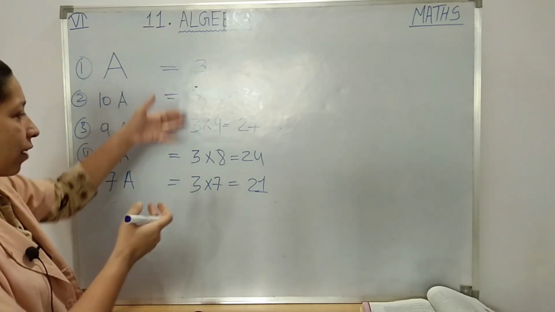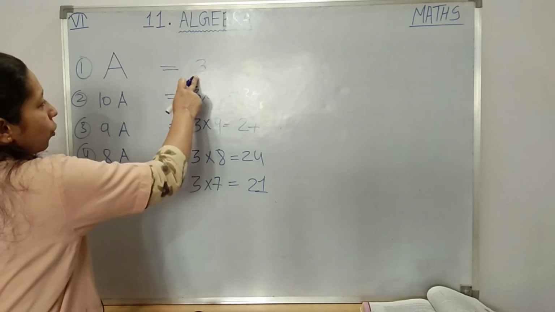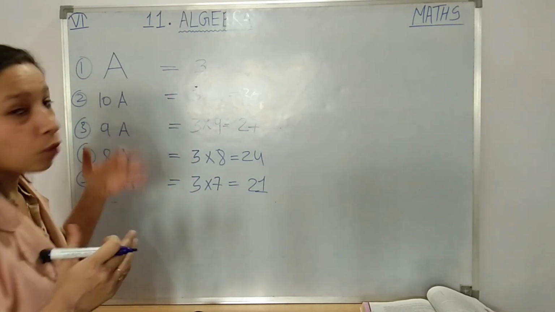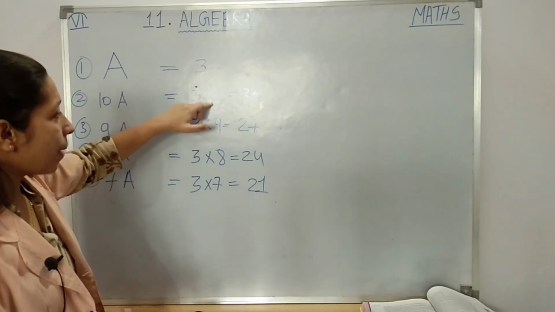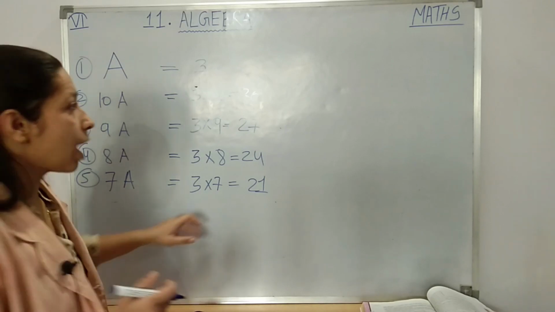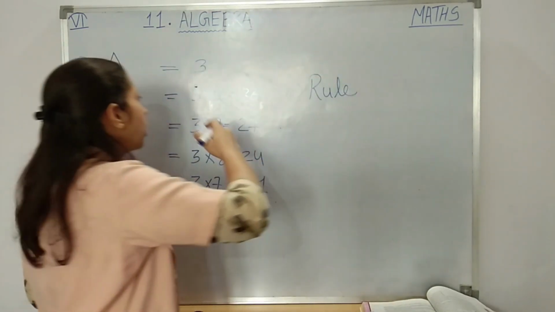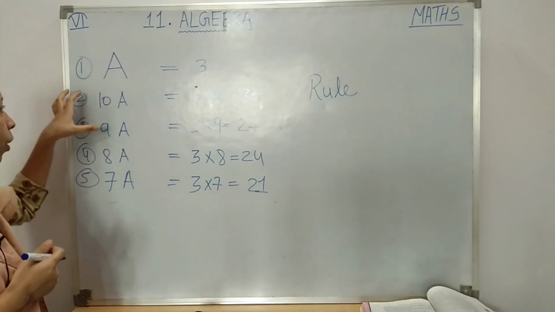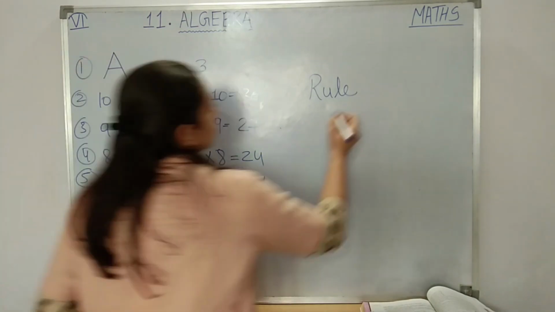Now let us observe the pattern. What is common in all these 5 lines, students? Here 3 is common, isn't it? What is changing? The number of A's is changing. Here 10, here 9, here 8, here 7. Now I'll make a rule. I'll write a rule for the number of A's and the number of matchsticks. The rule will be